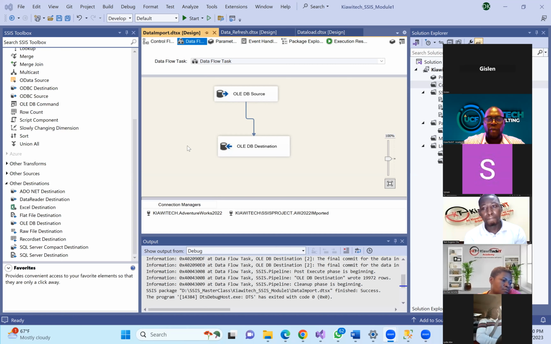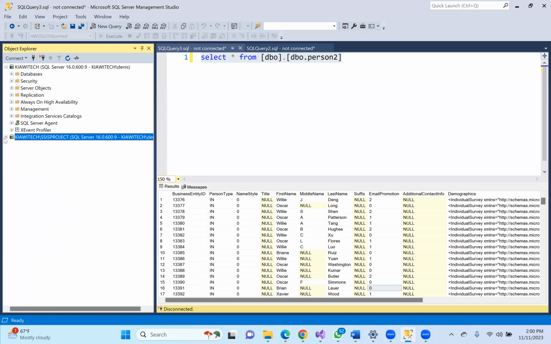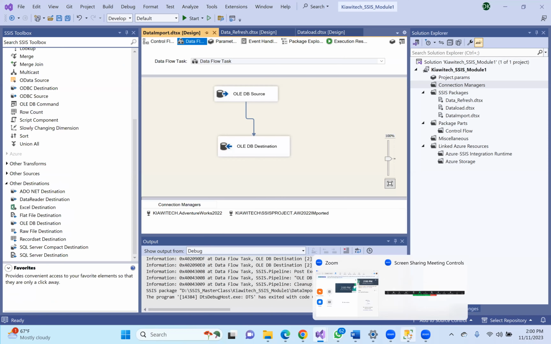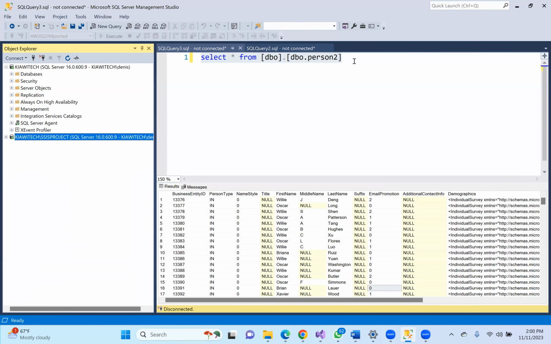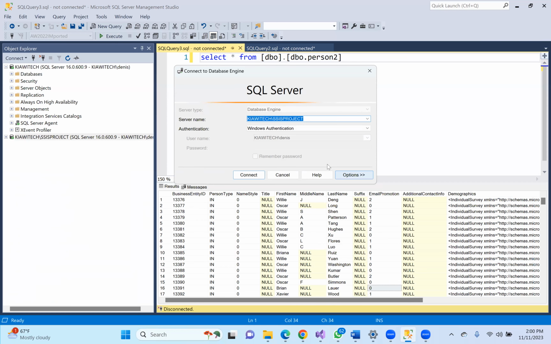All right. So right now, we have our package, and let's assume that this package was created by you or someone else, and we need to do this refresh, this data insertion, every single day, and we need to create it as a job. First of all, for this to work, normally, when developers develop packages, they develop them in Visual Studio, but this package doesn't run in Visual Studio, right? Remember, when you run it in Visual Studio, it does work. Every single time you run this package, it's going to insert these rows. For example, if I go back and do a select statement on this table here, I see the number of rows that I get here,